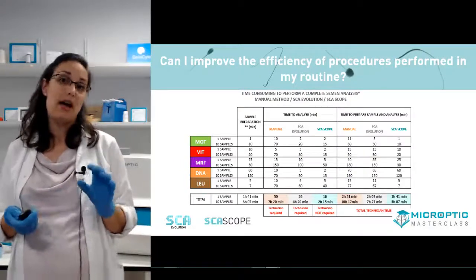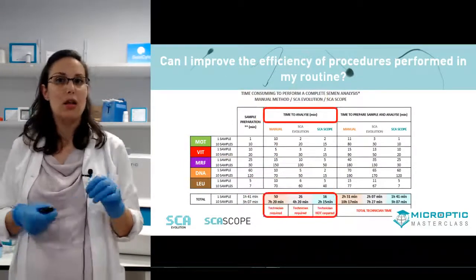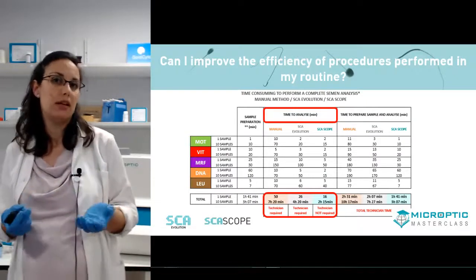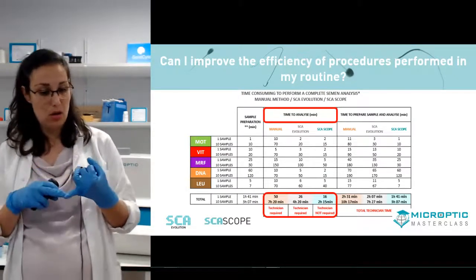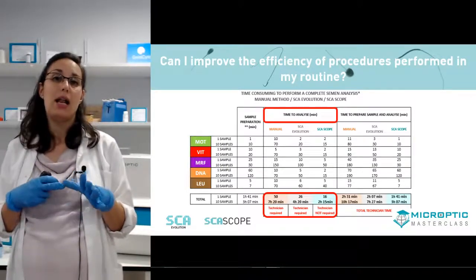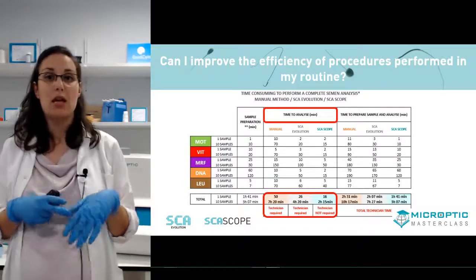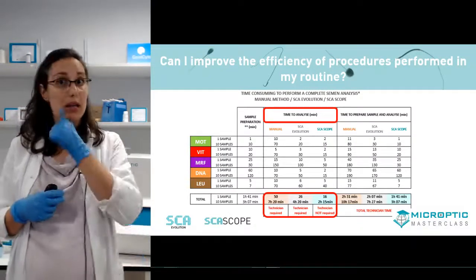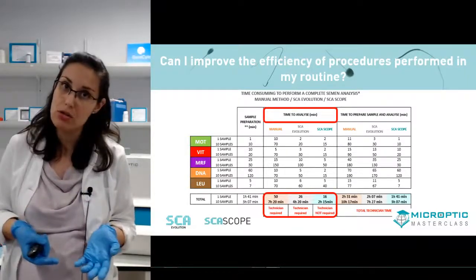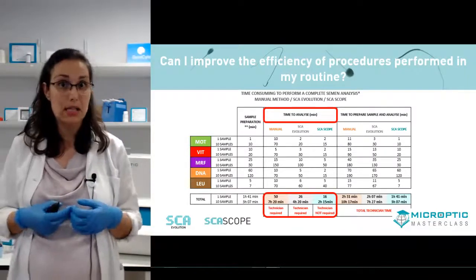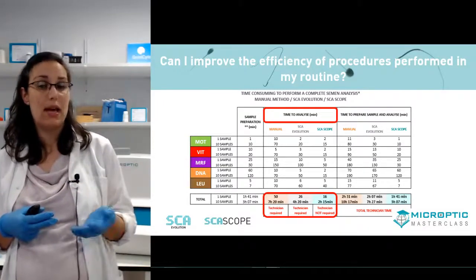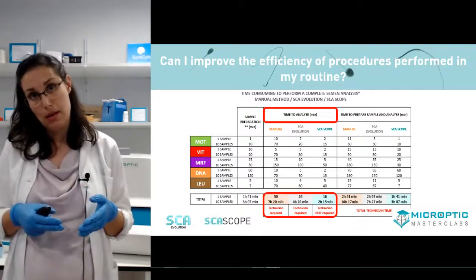Okay, here I have summarized in that table a time comparison of the time that is invested by a technician if you're doing a motility and concentration test, vitality, morphology, DNA, and leukocyte test. So when you are doing manually all these tests, a technician could invest close to 50 minutes for completing the analysis. Conversely, when you are incorporating a CASA system, that could be the SCA, in just 26 minutes, the